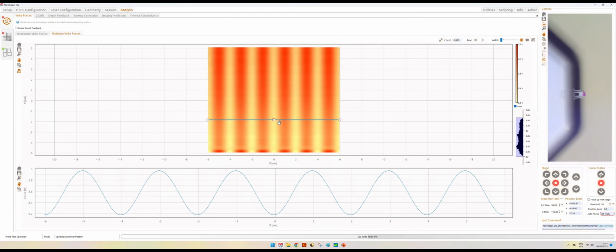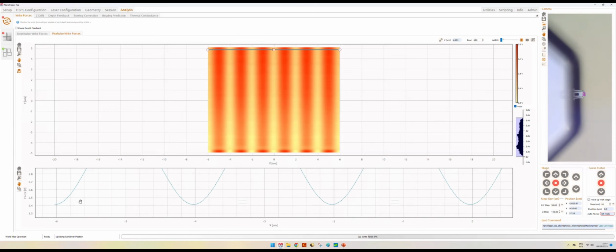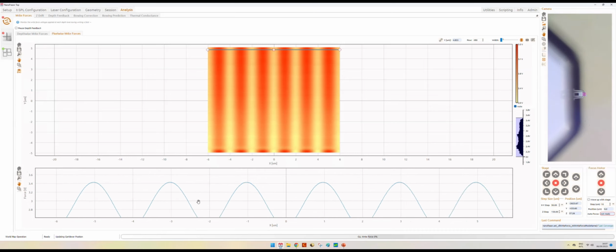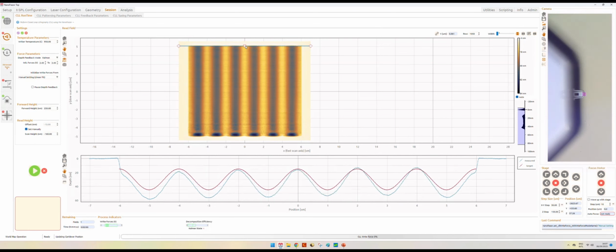We can see in the analysis panel that we were using a force ranging between 2.4 and 3.4 volt to pattern. So let's use an initial force between 2.4 and 3.4 volt. This was the force that we used for the last lines here.